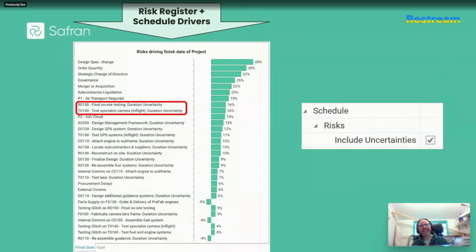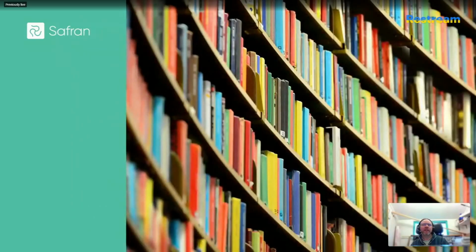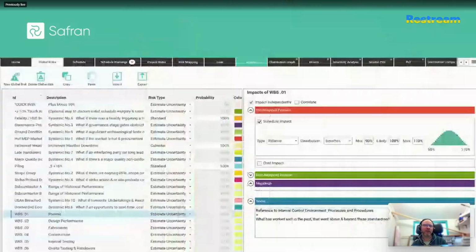So clearly there's some valid reasons for continuing to use these risk driver or tornado charts, but I'd now like to introduce you to that alternative approach with regard to the risk driver inputs. Now, if you don't typically receive schedules with 3-point estimates and the like already embedded in the schedule and risk ranges, then you can instead use Safran Risk's global risk register as a curated library for your corporate actual experiences, your historical patterns, your lessons learned, or other systemic risk scenarios that you wish to test with.